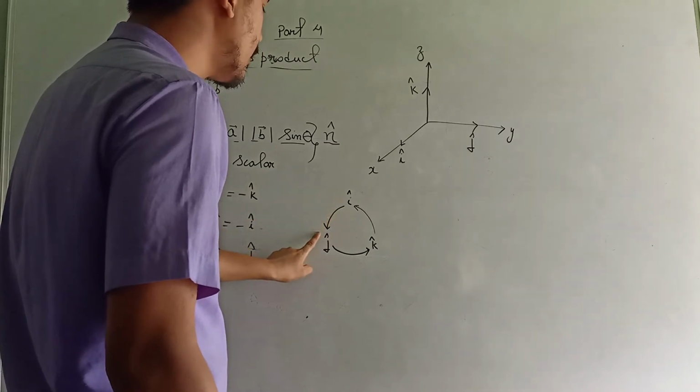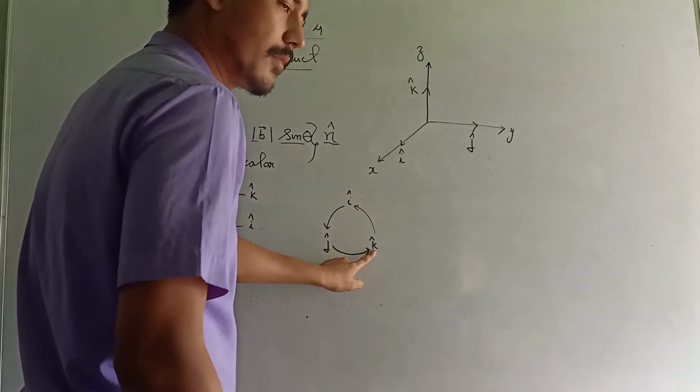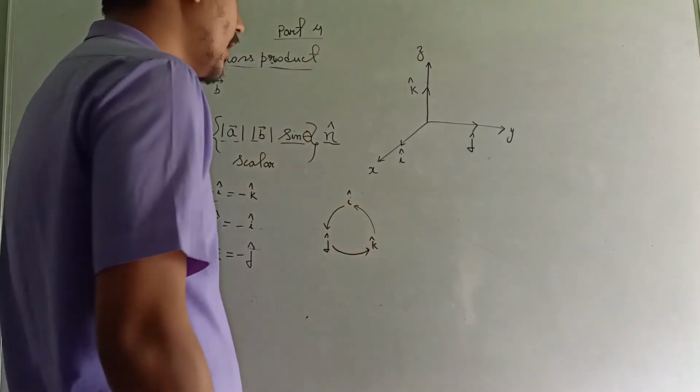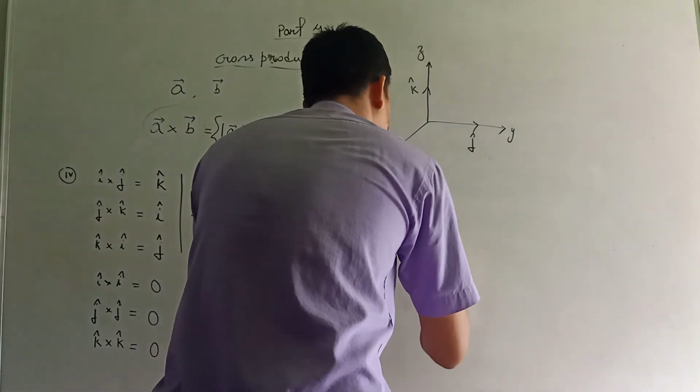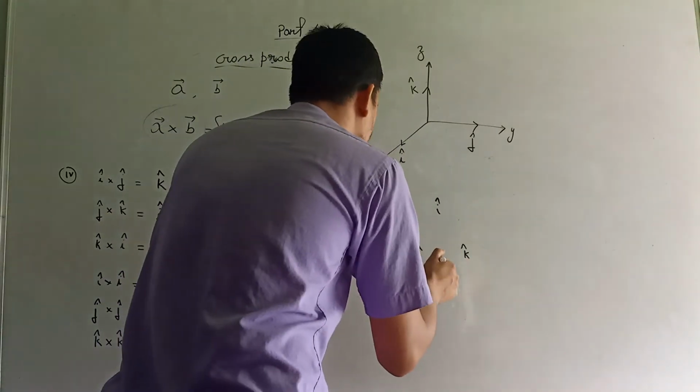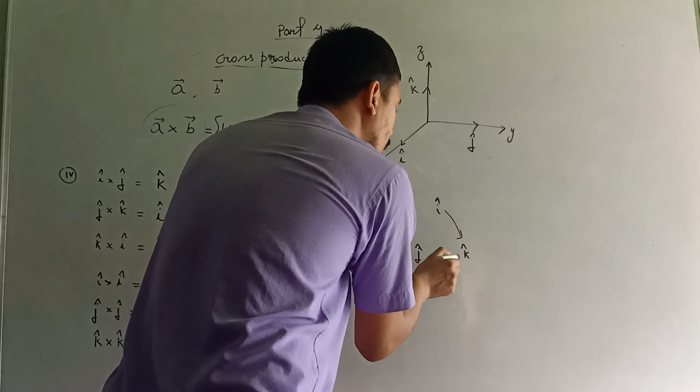i cross j will be positive k. j cross k will be positive i. If you go in anti-clockwise, this is easier to remember. Okay, this is just a technique. If you go in the clockwise direction,